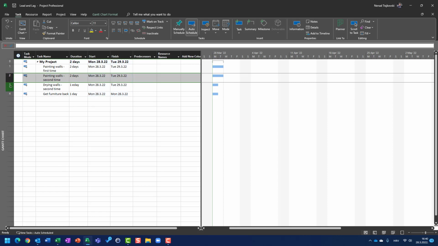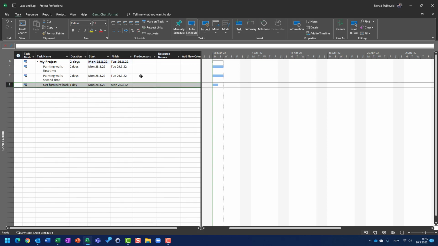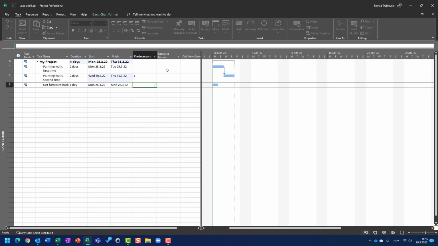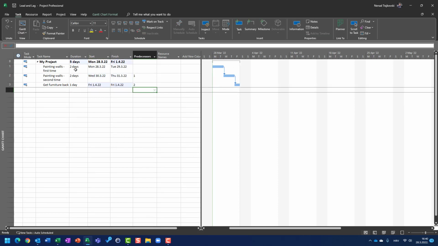erase drying the walls. Now, if I put here 1 and 2, you will see that after painting the walls, there will be no time for drying. Now, here is where lag time jumps in. So, I have a predecessor, which is painting walls the second time, which should start after painting the walls the first time, but 1 elapsed day after that. So, I don't have drying the walls, but instead of that, I will double click here,